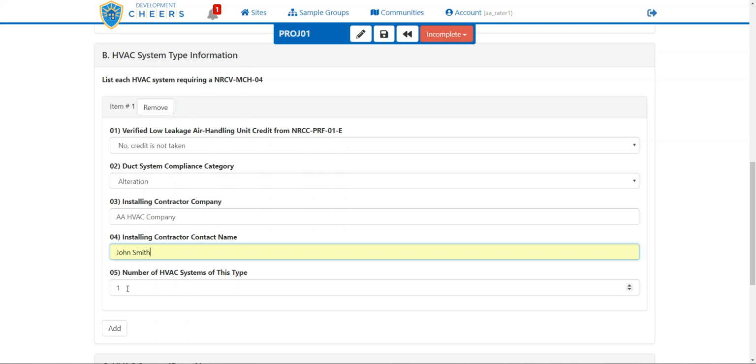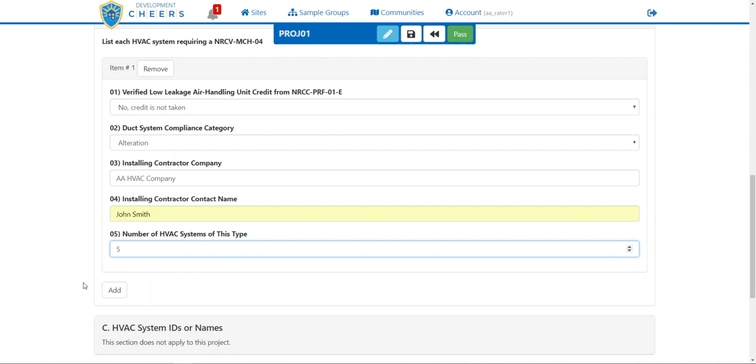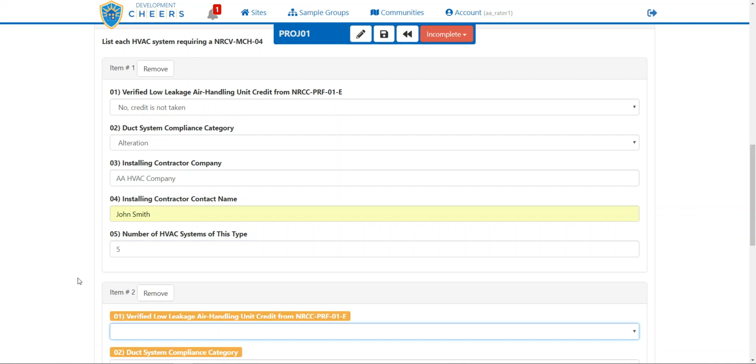And then last, how many HVAC systems of this type are in that non-residential project. So I'm going to say that we have 5 of this type. Okay, because this is an altered duct system, there's a potential that some of those may have failed the standard alteration test, and you had to do a smoke test. So I'm going to say that I did have to do a smoke test on some of these units,